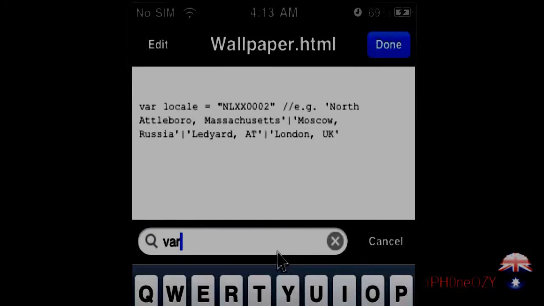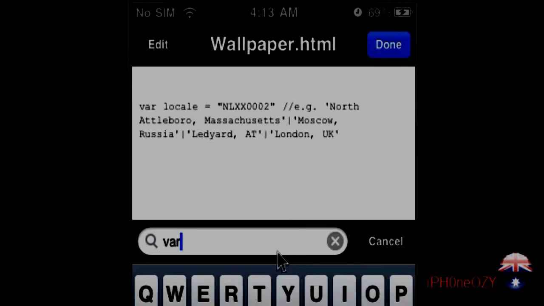And as you can see, this is the code for, I think, Amsterdam in the Netherlands, which is NLXX0002. I haven't changed that yet, but I will get round to it